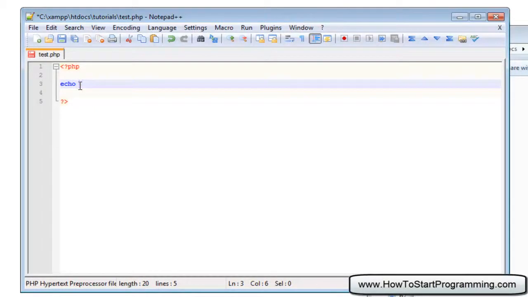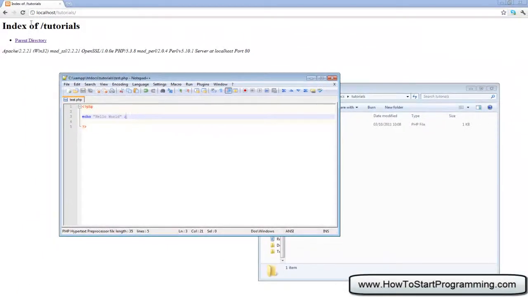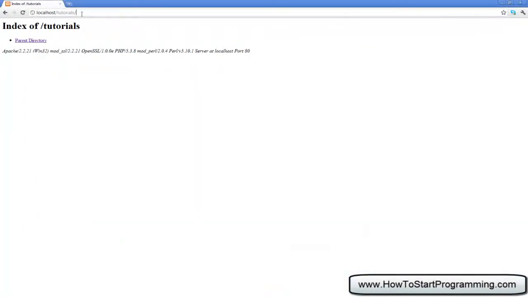So what we need to do is hit the quotation mark button, and then type what we want to output. And for this we're going to simply type hello world. And when you finish typing what you want to output, you just hit the quotation mark again. And after that, this is one of the fundamentals of PHP. Every statement in PHP will end with a semicolon, so you need to put this semicolon in at the end. So if you wanted to do another echo down here, you need to put a semicolon after that. So if we save this now, and we go to tutorials test.php,